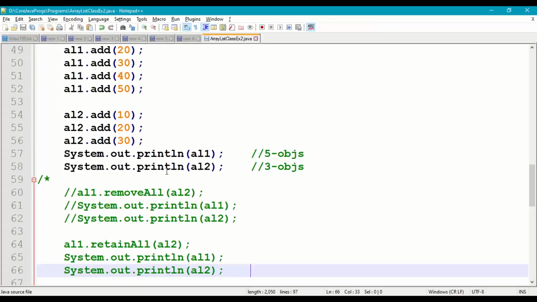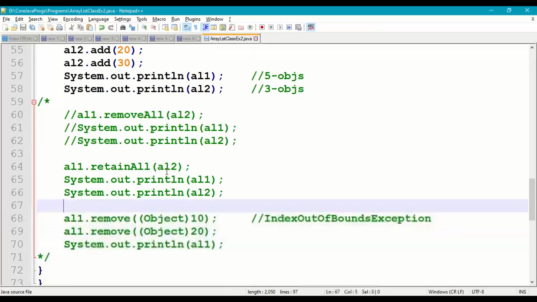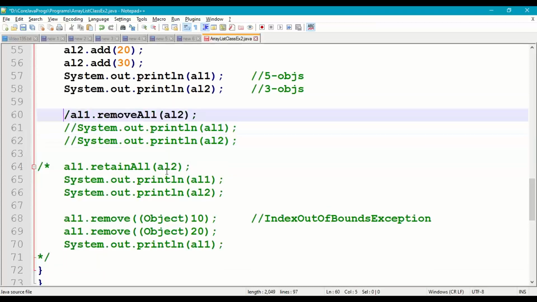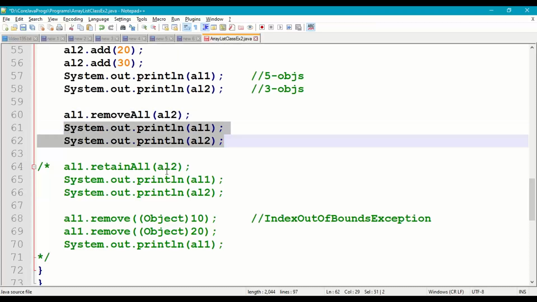Now we will perform the removeAll and retainAll operations. First removeAll: ArrayList 1 dot removeAll ArrayList 2. Whatever elements are present in ArrayList 2 will be removed from ArrayList 1. In ArrayList 2 we have 10, 20, 30. Only those elements will be removed from ArrayList 1, and then print ArrayList 1 and ArrayList 2, right?